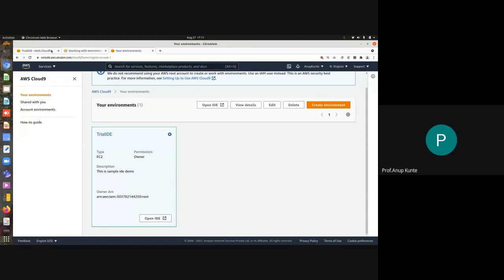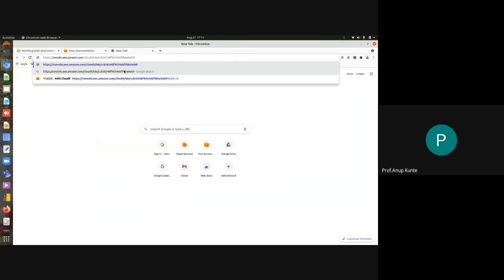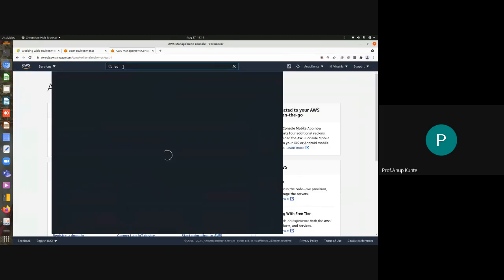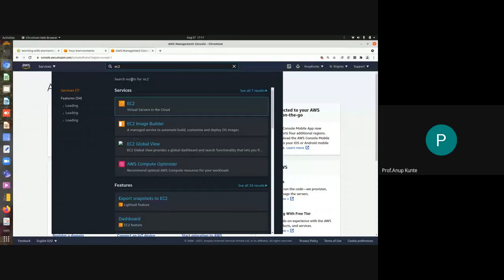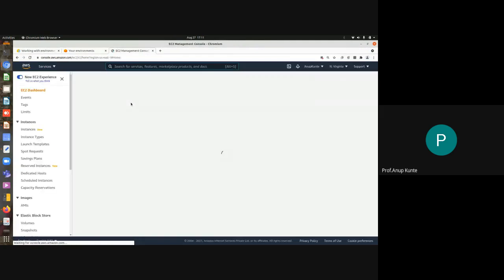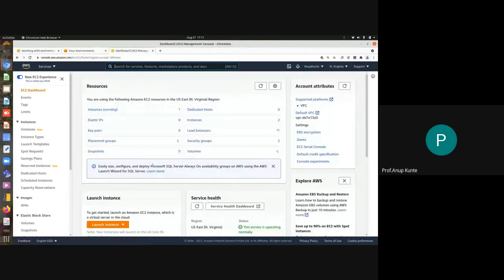Okay, I'll be just closing this ID directly. Now, I just wanted to show you one more thing. Let me go to the Amazon console, and if I go to EC2 in the search window, this will show me EC2 instances which are created by me.